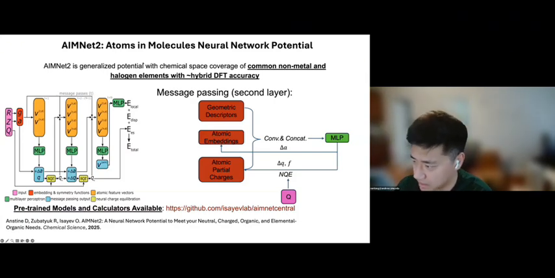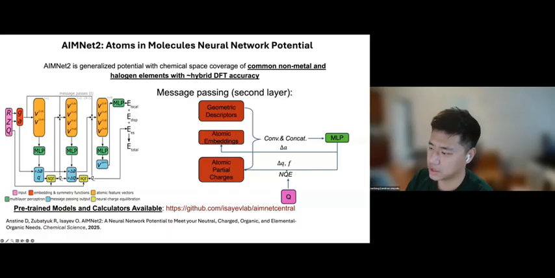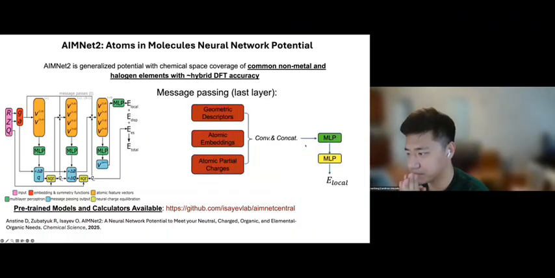And we do the same thing. In this case, we do not have to initialize atomic partial charges. Instead, we update atomic partial charges through the neural charge equilibration in the same way. And in the last layer, we do not do any updates. We repeat what we did for the second layer, doing this convolution and concatenation and passing to